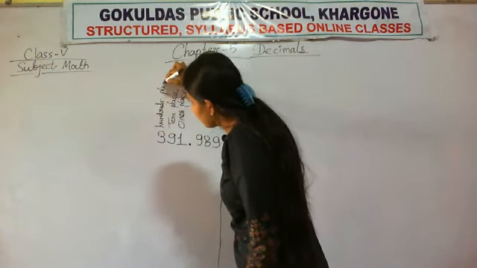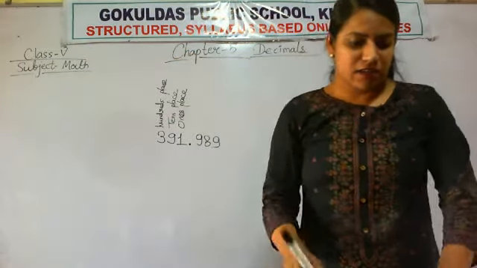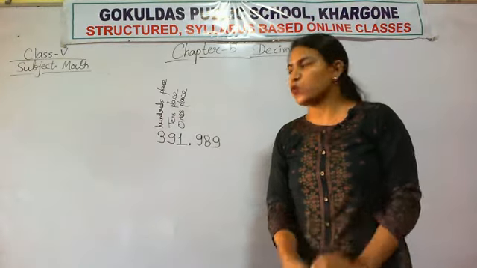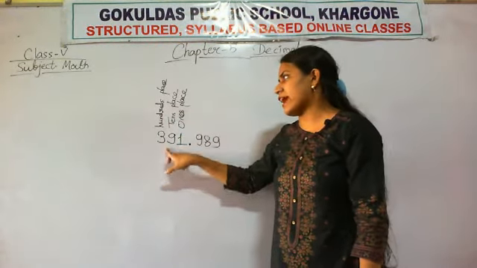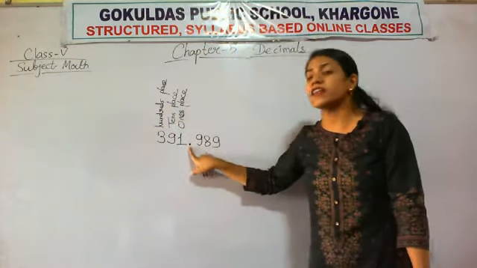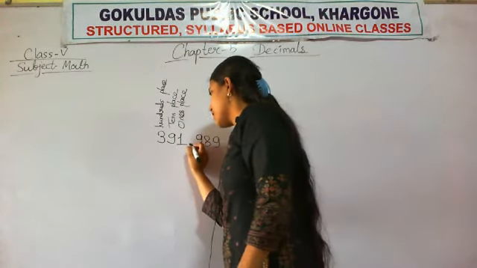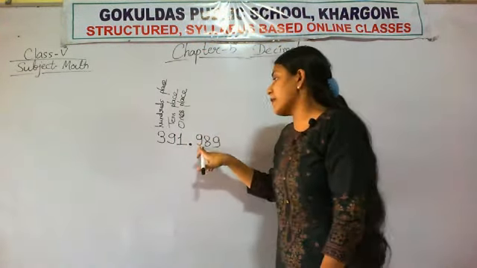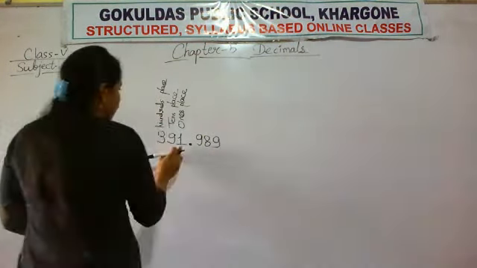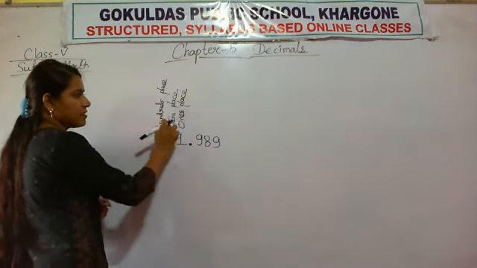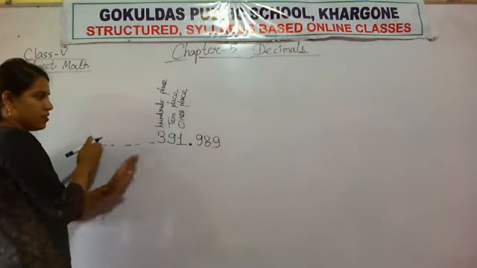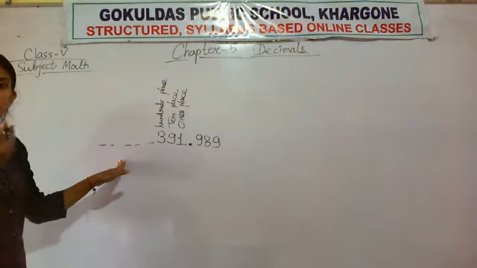Hundreds place. You know the place value chart, right? We have discussed the place value chart in previous lectures also, in chapter 1 also. So 1 is at ones place, 9 is at tens place, 3 is at hundreds place. But the digits after the decimal point, what will the places be? If there are some more digits to the right of 3, you know the places, right?